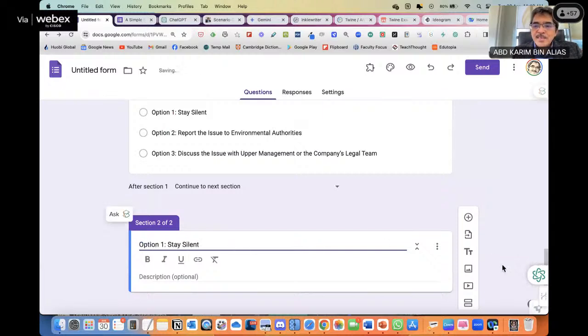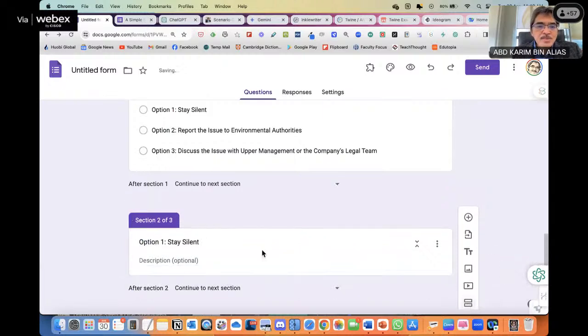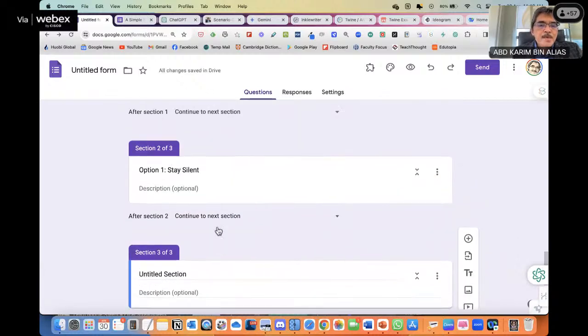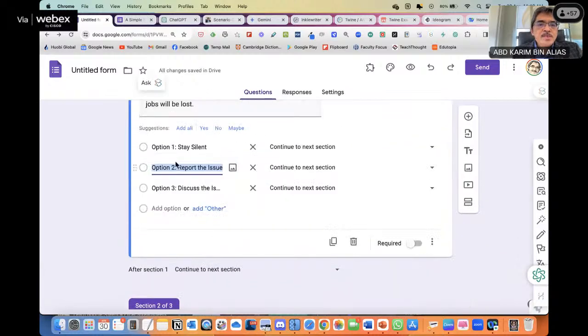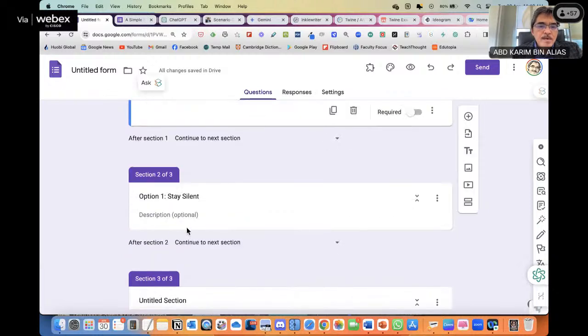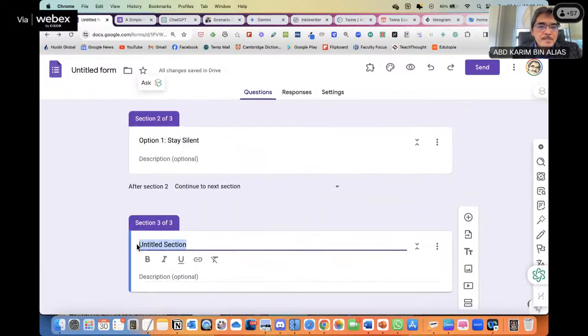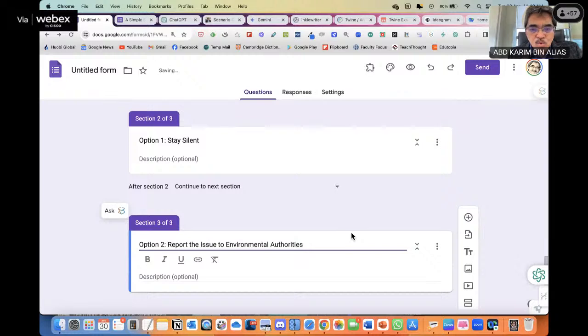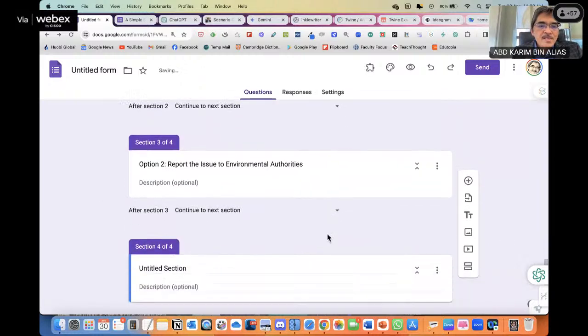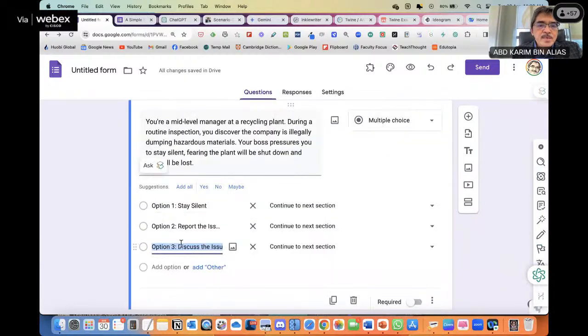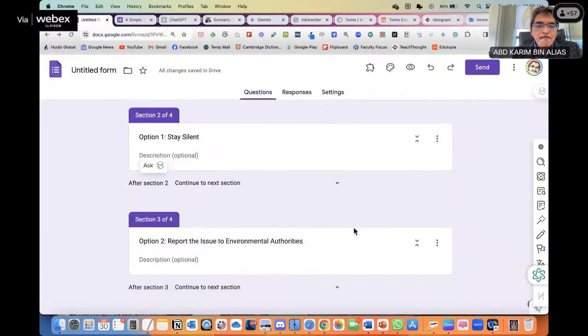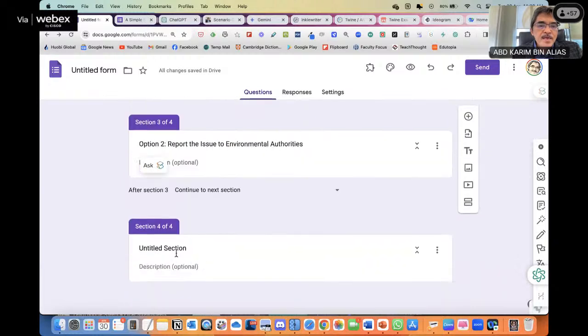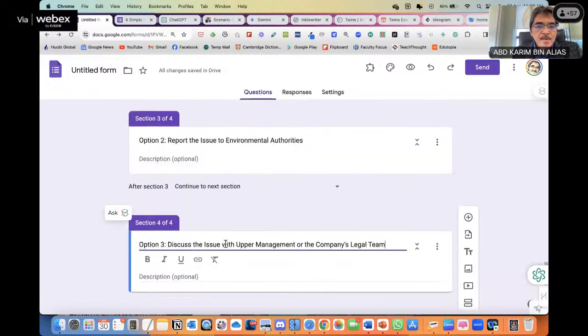Let's create another section for option number 2, which is report the issue to environmental authorities. Then finally, section number 3, which is this one, copy, and there. So now we already have each option with its own section.